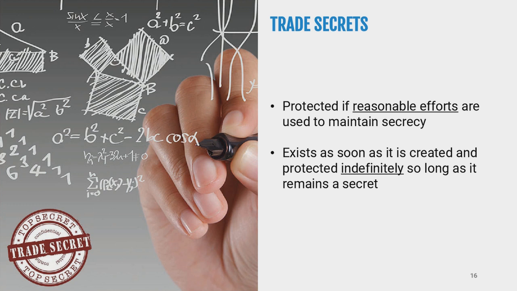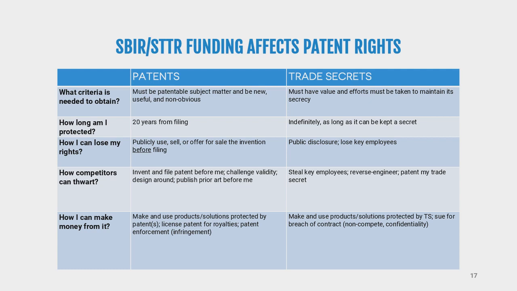I have a chart here for patenting versus trade secrets. I know that this is a big question that some folks have. Yeah, the title for this is incorrect. It should be patenting versus trade secrets. But I'm not going to go through this in detail. If you have questions about which one should I go for, you can look at this chart and see the pros and cons. Now, go back to the other slide that talked about protecting software.